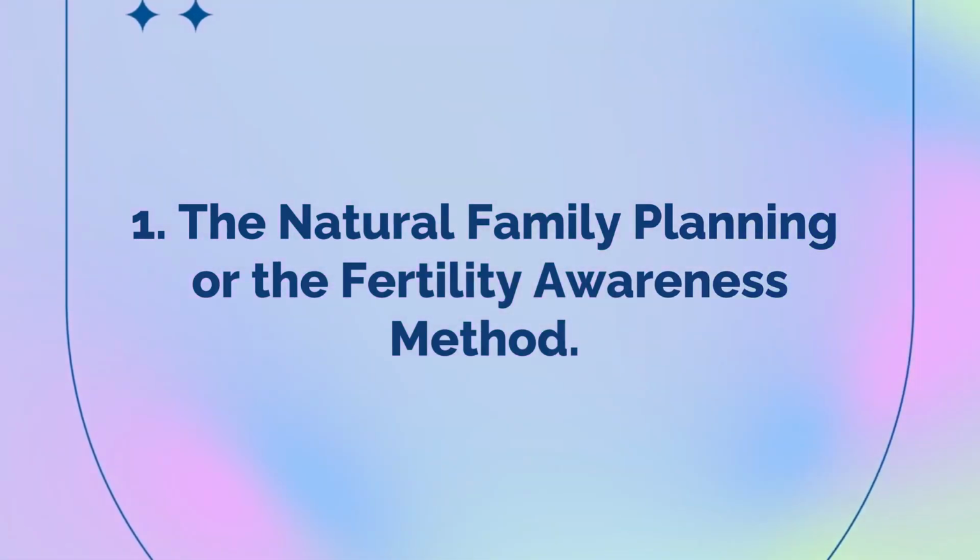So there are 5 categories of contraception that you can use when you want to prevent having babies or you want to plan your family properly. And the first method is the natural family planning method or the fertility awareness methods. There are several things that you can use to know when you are ovulating so that you can avoid having sex on those days that you are most likely to get pregnant.